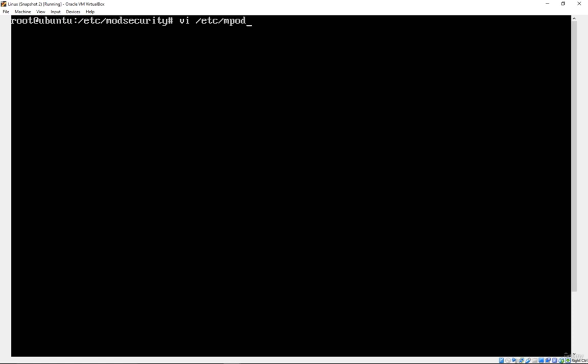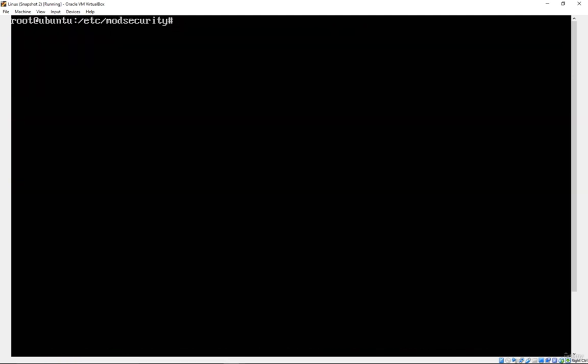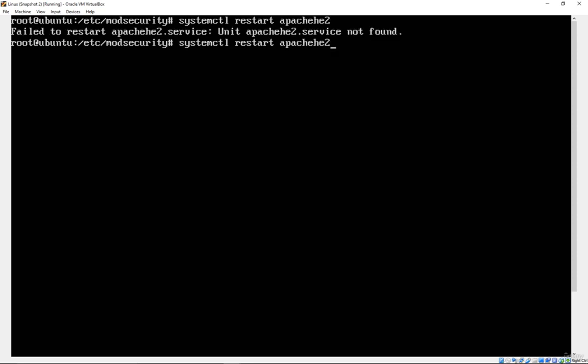change this from detection only to protection. Once we do this, Mod Security would start to block things. In order for it to be working, we need to restart our Apache server as well. And once the Apache server is restarted, we go back to